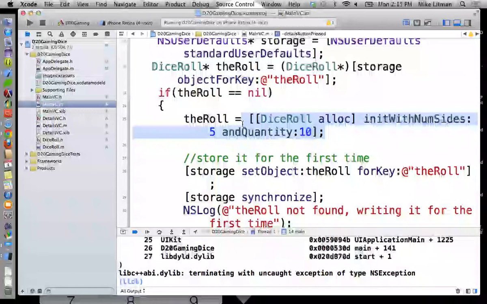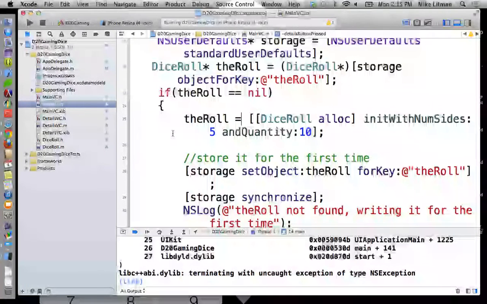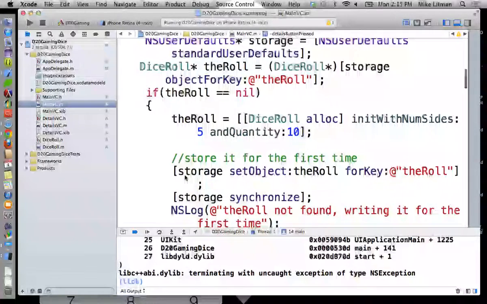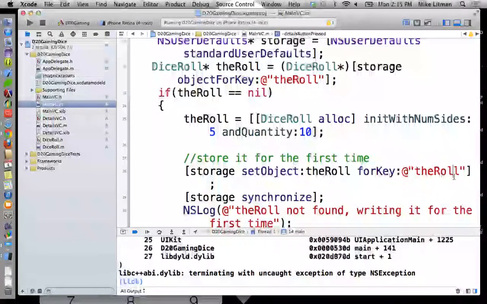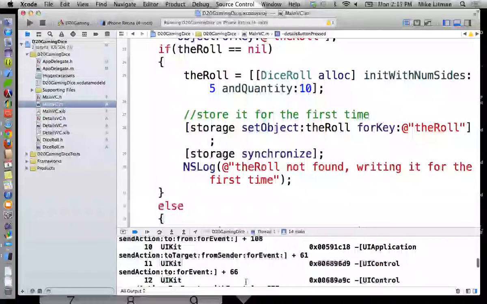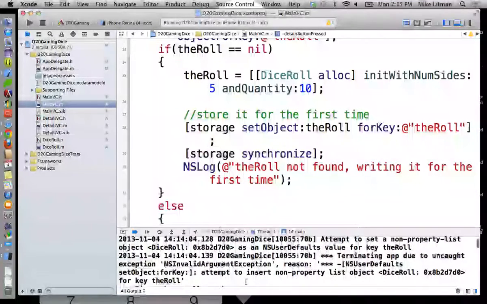So this will be a 10d5 roll as an object, even though we're not actually rolling it yet. We'll store it inside the roll, then we will store that object, the roll, for key the roll, and synchronize. And I think we say in here, before it crashed,